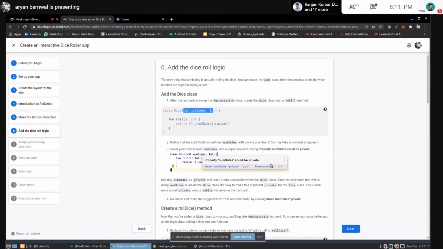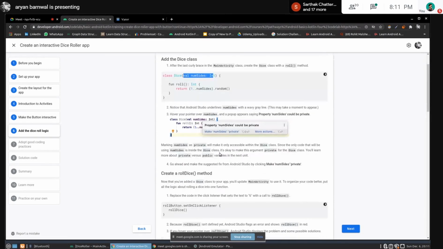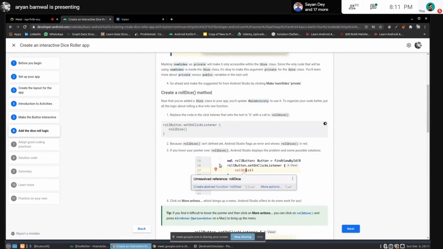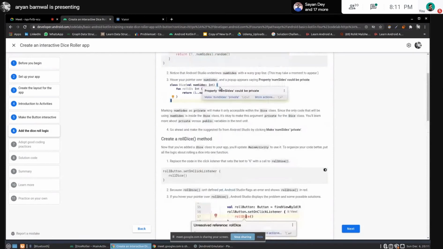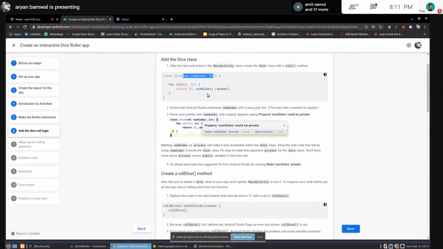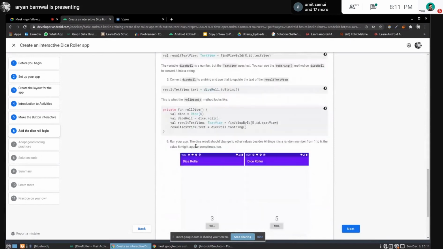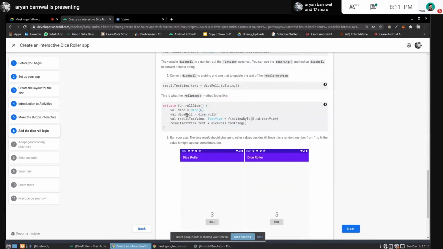So what you have to do here, in the set on click listener, you will call the class, create an object of the class, and just call the function. Okay, so they have done it here. If you just check the code, they have created a function named rollDice. So wait.